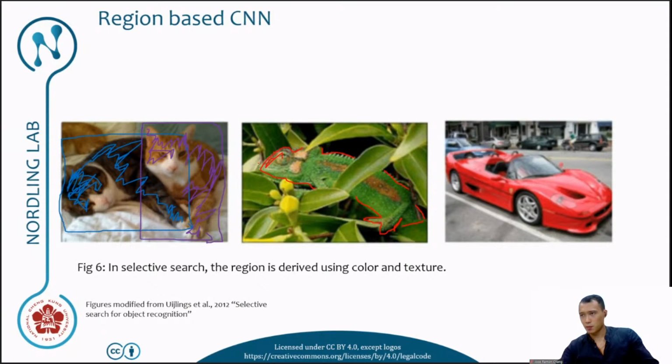So then the region proposal for this chameleon will probably be something like this, right? And then this will be the region that will be passed as a region proposal for classification. But then you still need to think about that color and texture are still not good enough, because